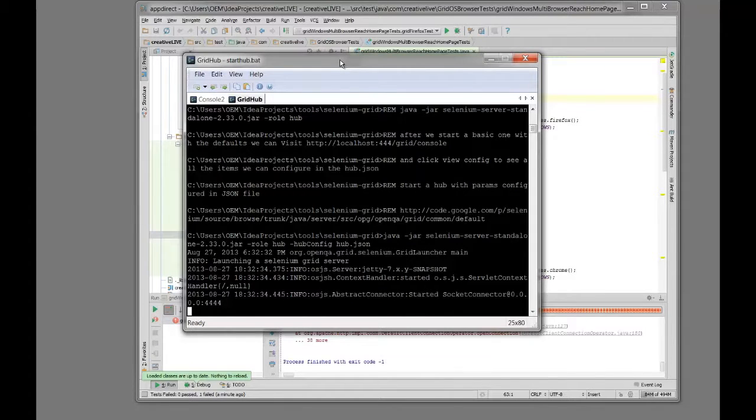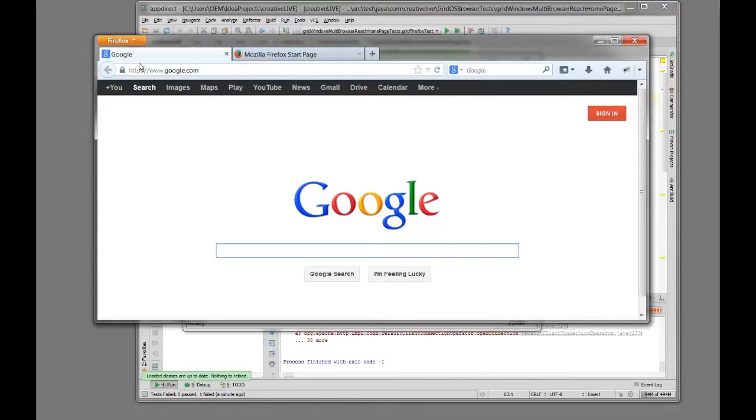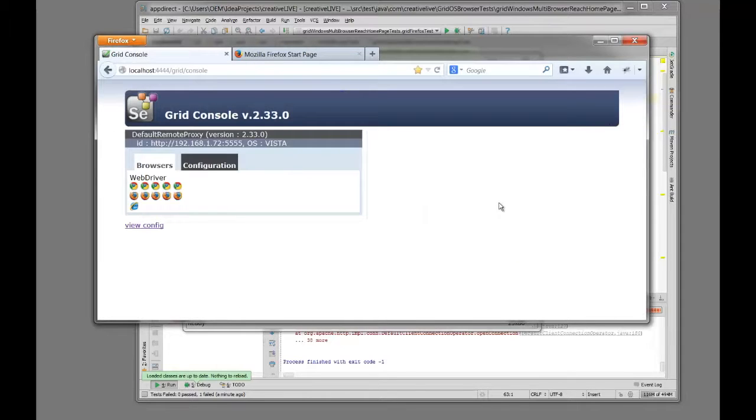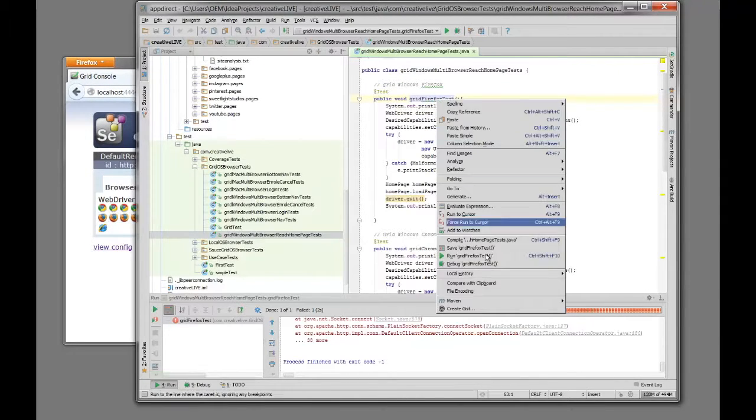And I'm going to go to another machine and I'm going to start up a node. Then the two connect up. And then I can access the hub through a standard web browser because it's sitting at port 4444. So if I go to console, we can see this console comes up and it shows that this remote machine that's hooked up to it basically can handle a series of instances of Firefox, Chrome, and one instance of Internet Explorer. So now if I go and I rerun that Firefox test,